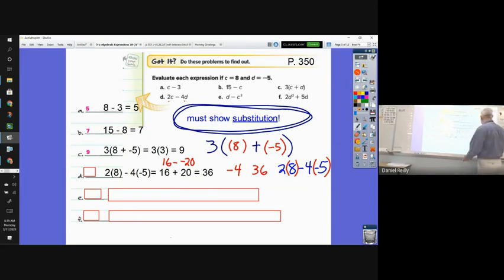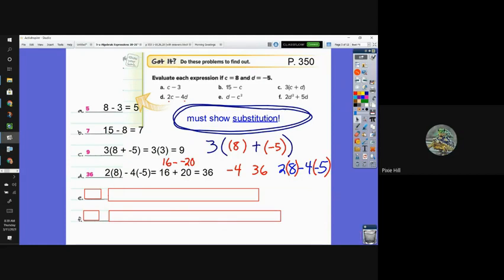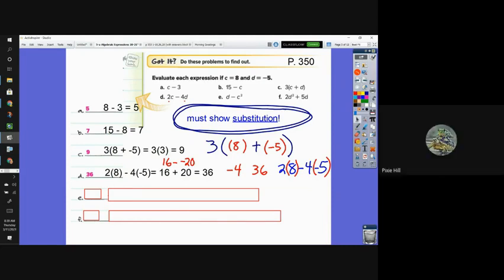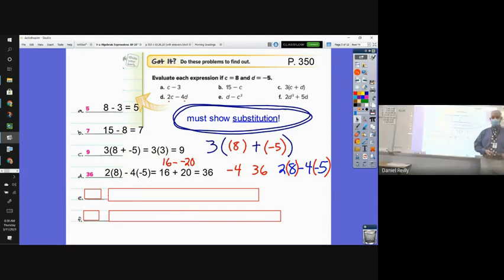Okay, Pixie's raising her hand. You have a question, Pixie? I thought you said it wasn't 36. I didn't say it wasn't 36. I was just asking for answers. Oh, okay. I didn't know what the answer was, actually. I always mess up with that. You need the name with the answer. Yeah, so